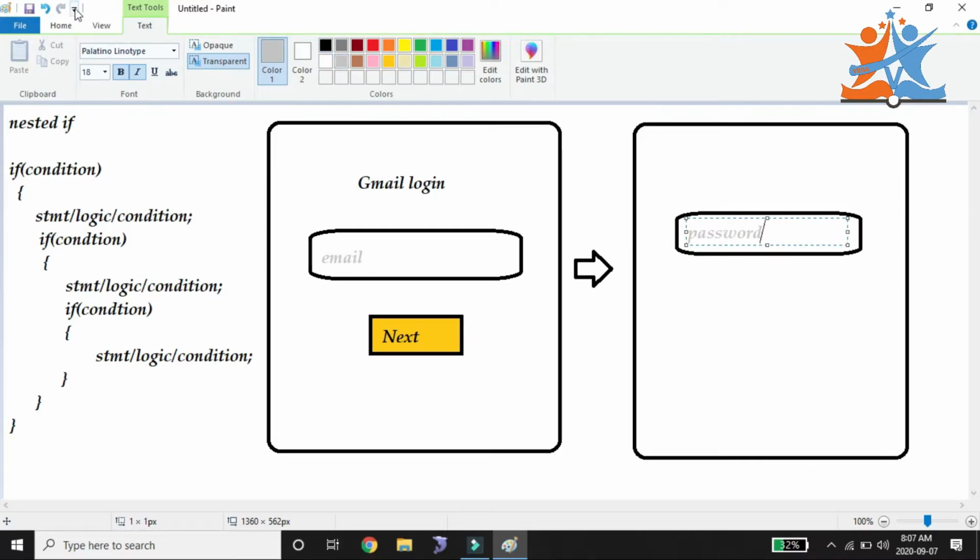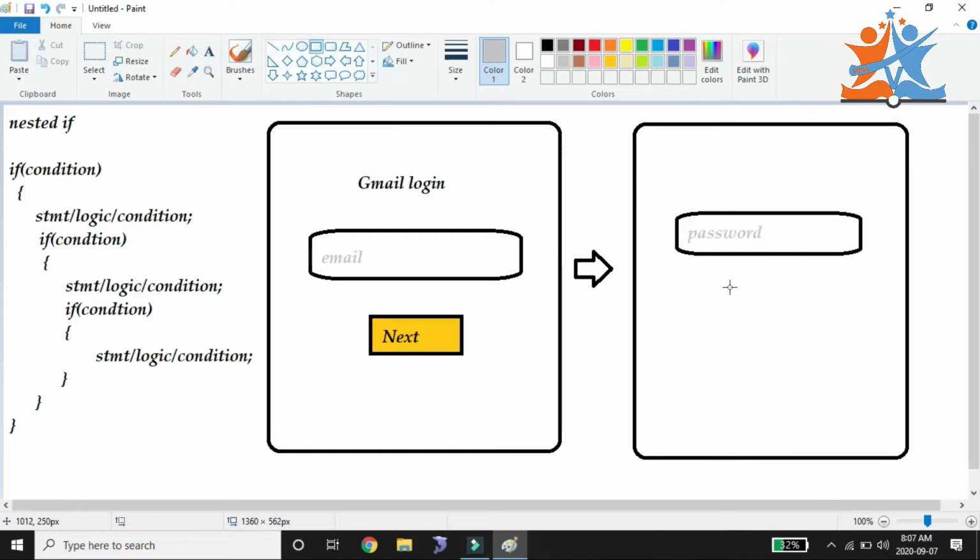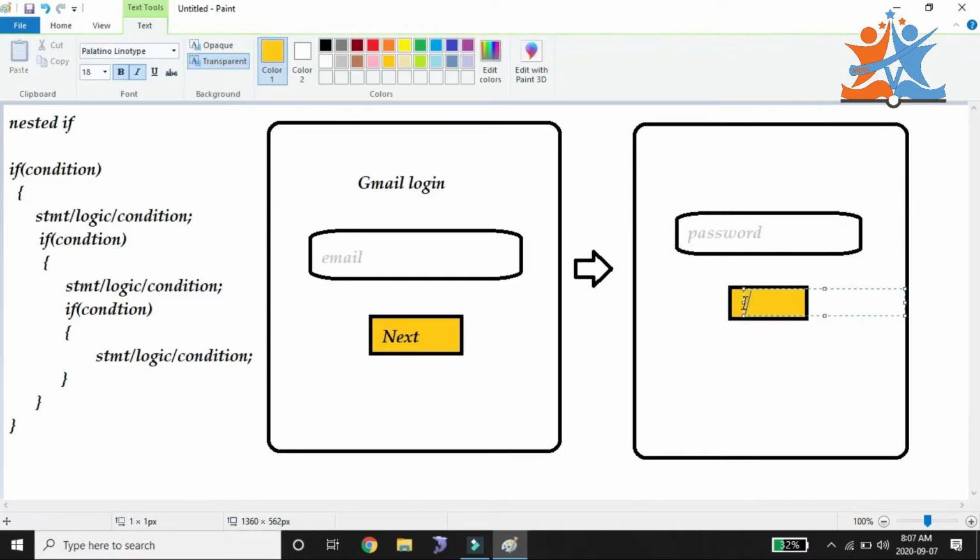Based on that password only, we can get into the Gmail account login. Nothing but it will be redirected to which page? The Gmail home page, nothing but the inbox page we are getting.